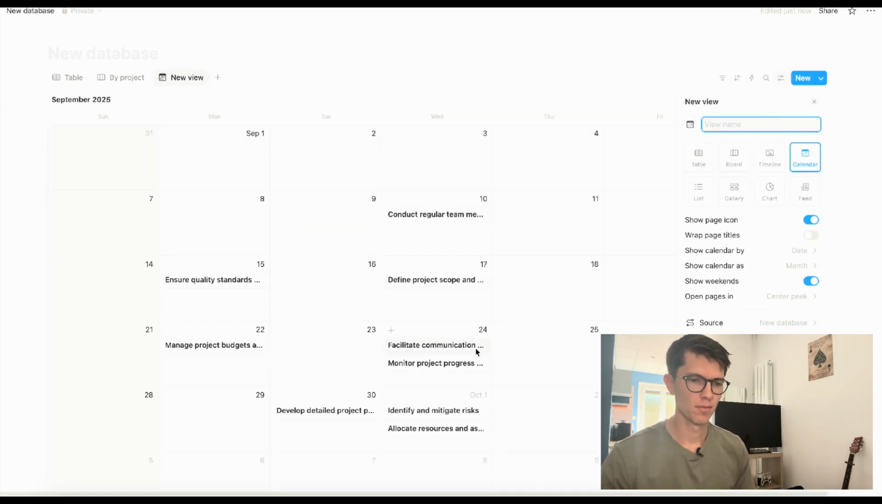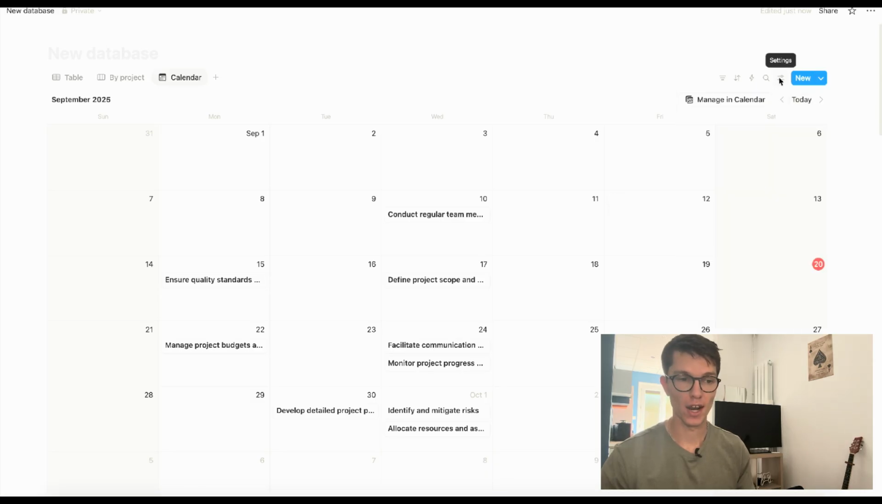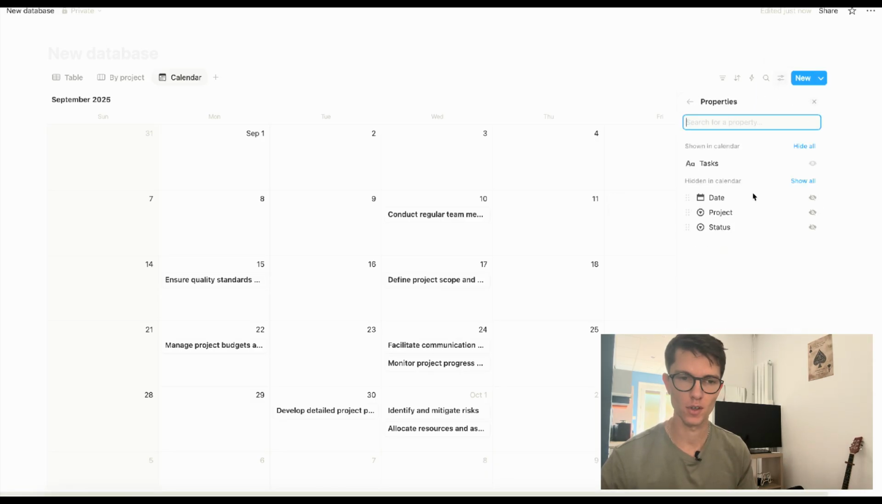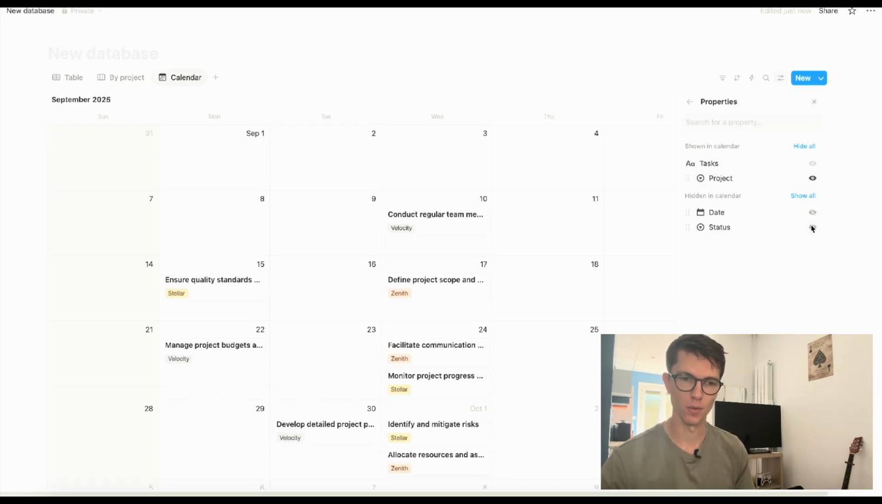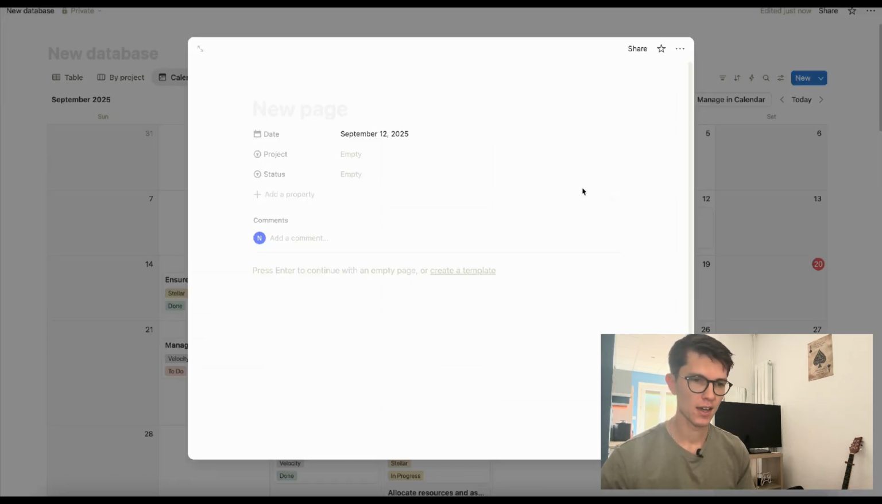And when I make my calendar, as you can see, all my tasks are arriving in the same view. And I have the same problem as before. I can see for which project it is, and I can see if it's done or not. So I'm just going to go into property visibility, ask for the project, ask for the status, and I can very easily